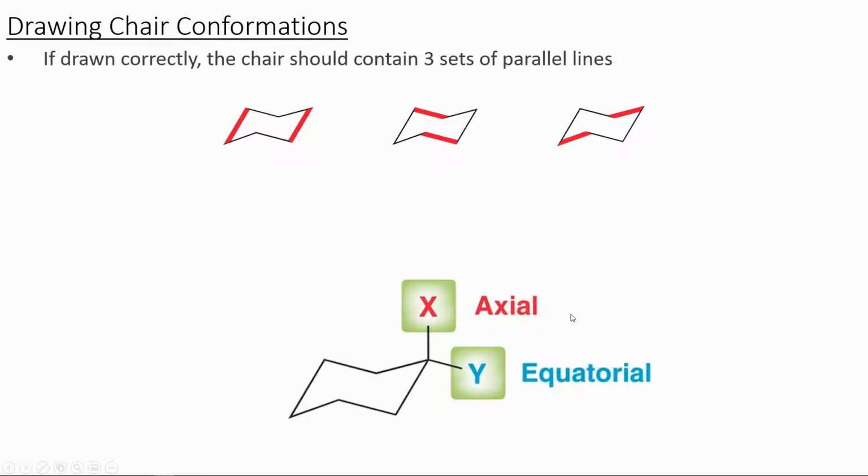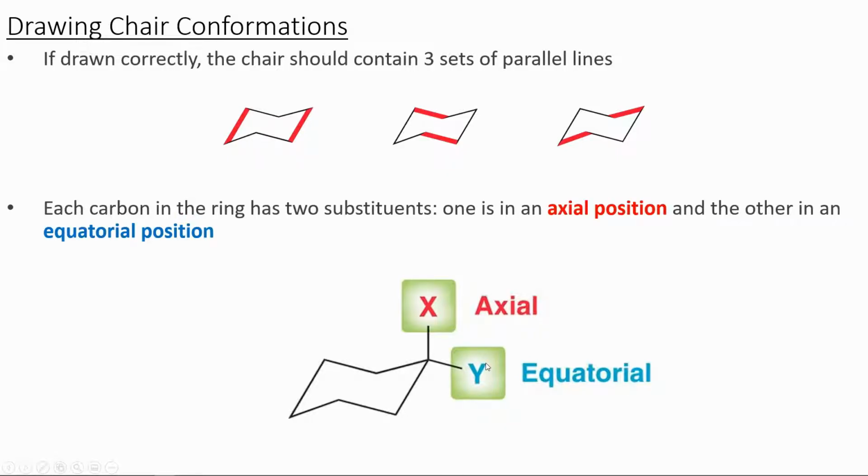Now each substituent on the ring, so each of these is a methylene group, is going to have 2 substituents. Has the possibility of being either axial or equatorial. And so this is an important distinction because these are going to be separate positions. Now the axial positions are always going to be the lines that are going either straight up or straight down. And the equatorial position will always be coming out at an angle. So we can look at